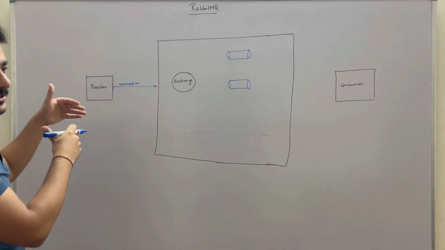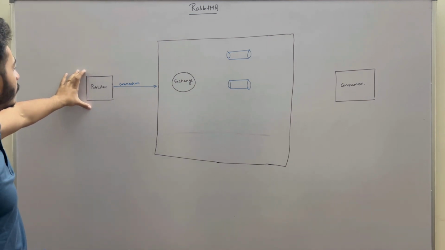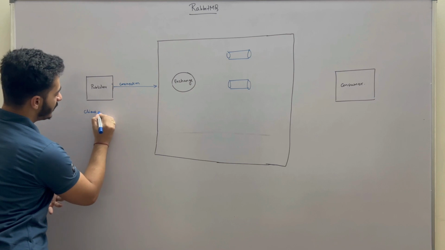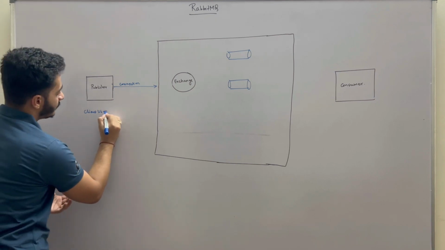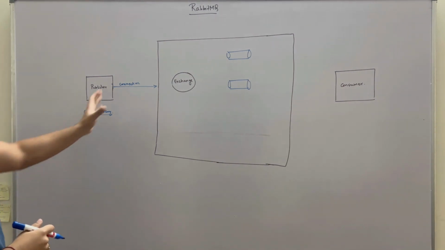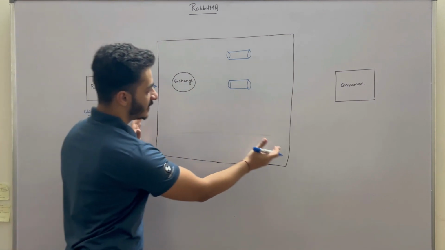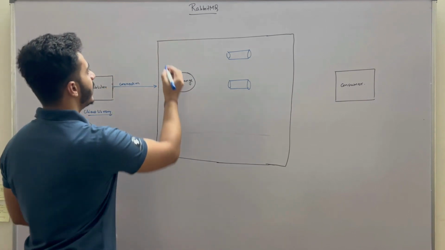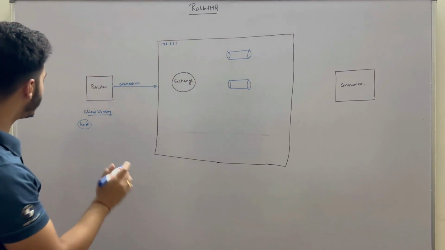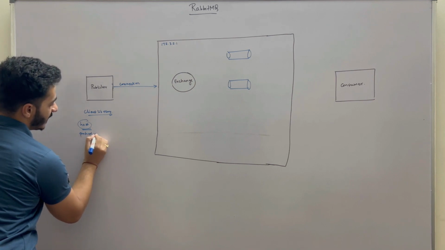And how will this connection be established? First of all, you will be using a certain programming language to write the code of this publisher, and you will also have a client library which you have installed according to your programming language. So you will call the function of this client library like make connection to this RabbitMQ by providing the host. Suppose, let's say, the IP address of the server on which RabbitMQ is running is 172.3.2.1. So you will specify the host, and you will also specify the protocol as well, which is AMQP in our case,